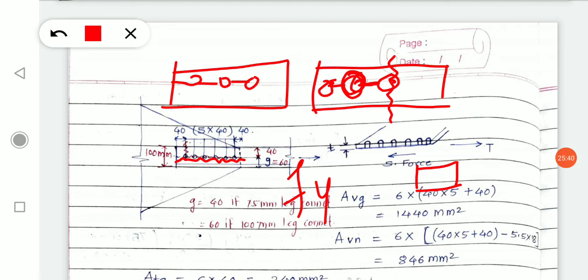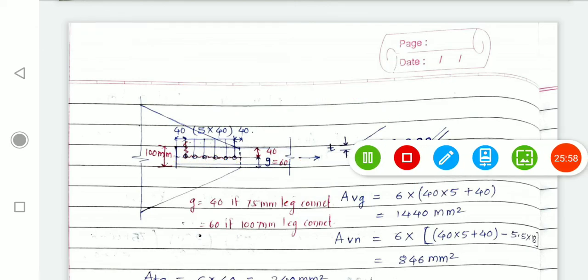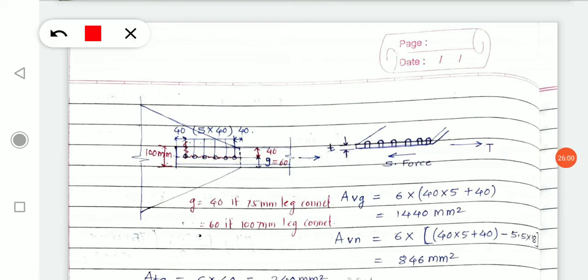They will give us a strong connection with a lesser number of bolts. But once you put a lesser number of bolts, lesser number of holes, ultimately that harms our section by giving us a block shear. Now see, once the block shear occurs, as I said, the stresses will develop along the holes, and that causes the gap between those holes to be ruptured, and that looks like this.